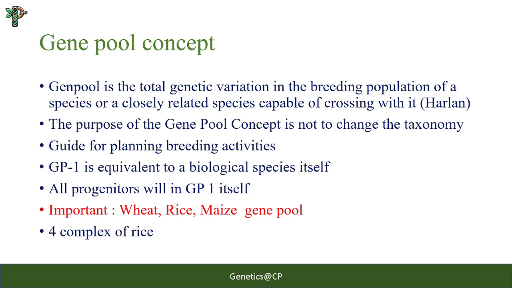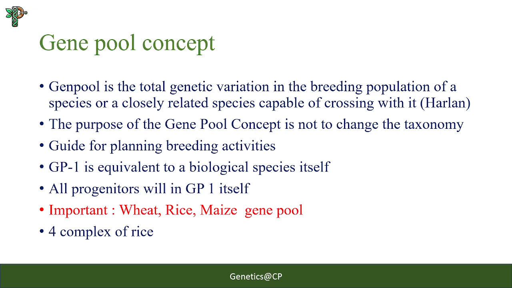You should also remember the important species present in the gene pools of wheat, rice, and maize. For example, Elymus, Leymus, and several others are important species present in the GP3 of wheat, along with their economic importance. For example, the biological nitrification inhibitor gene is present in the Leymus species of wheat. And in rice also, last time they asked about Oryza nivara, which was identified from a state of India. And there is another question like